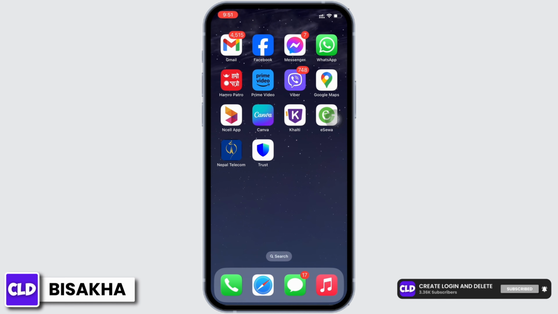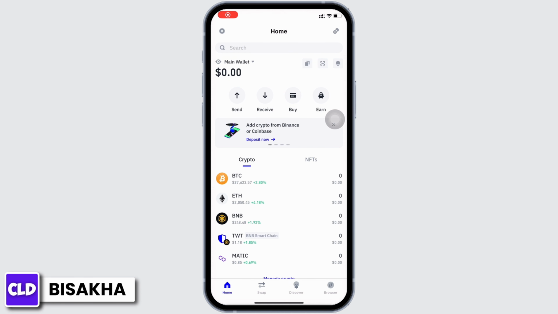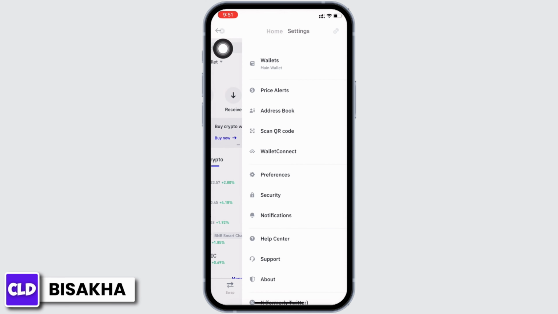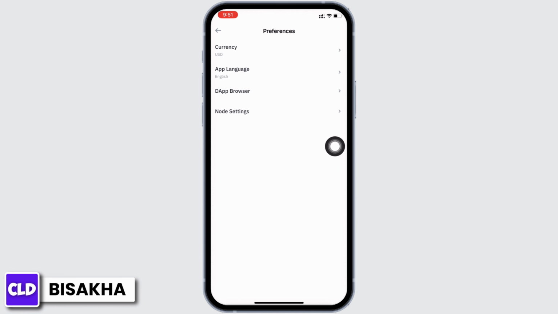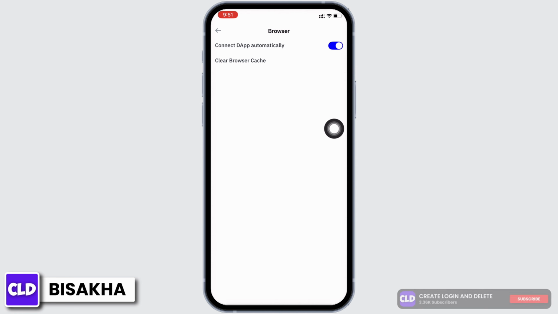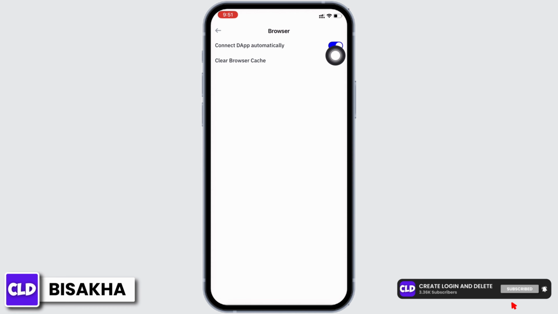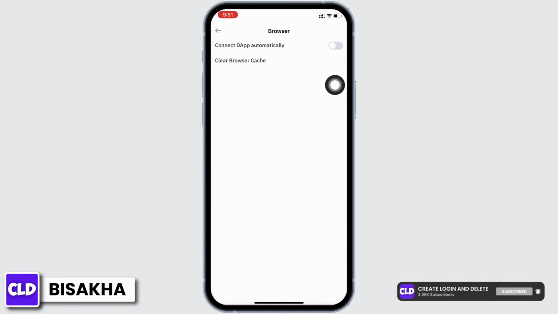In order to enable Dapp browser to Trust Wallet, open the Trust Wallet application on your device first and make sure you are logged in. Now, on the top left of your screen, you will see the settings button. Tap on that and then tap on the preferences option. You will see the option for Dapp browser. Tap on that. Make sure the toggle button for Connect tab automatically is enabled, and now if you go back